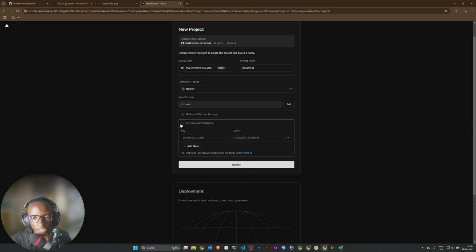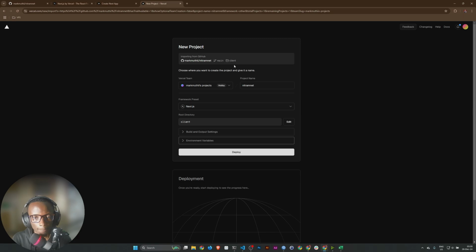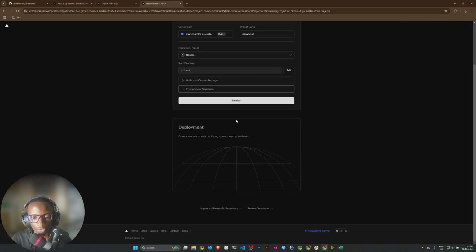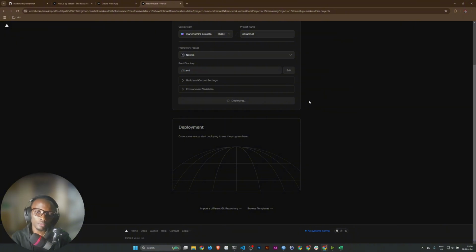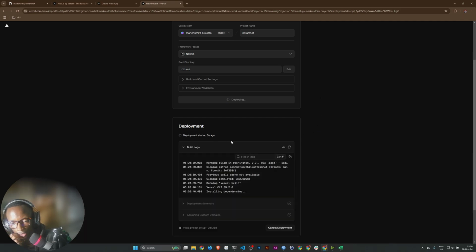Environment variables, I've not added any. Later on we might add a few. We will add a few. So for now we'll just leave it. Okay, let's deploy and see. If there's no problems, then the build should be successful, and the deployment as well.